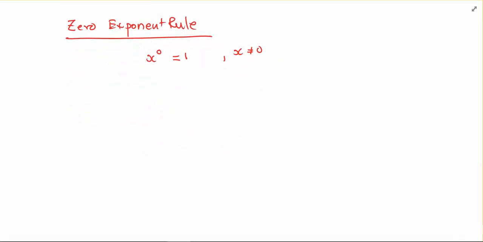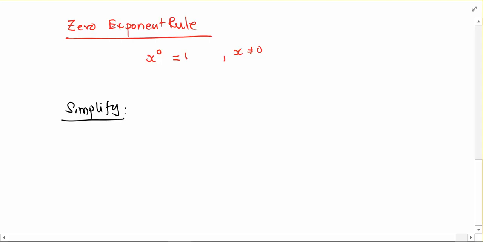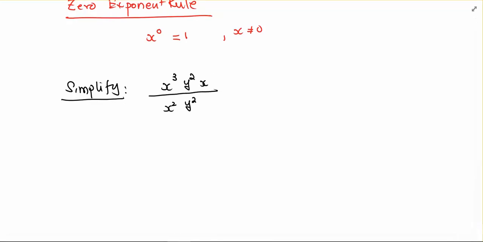So let's do a simple example of simplifying using the 3 rules that we have so far. So simplify. Let's say we had x to the 3rd divided by x to the 2nd times y to the 2nd divided by y to the 2nd times another x, right? So I'm going to work this problem. There's a couple of ways to work this problem, right? You could first